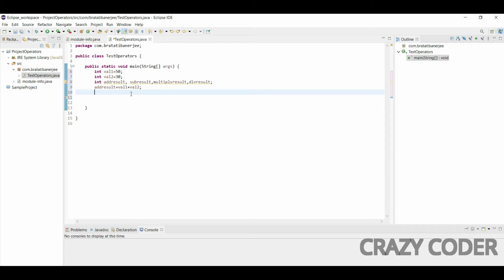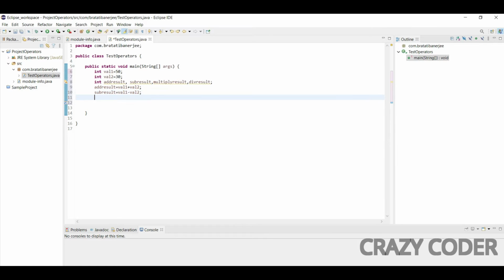So here plus is the arithmetic operator and val1 and val2 are the operands. In a similar way, if we write sub result equals val1 minus val2, we are subtracting the two values, and the minus symbol is the operator and val1 and val2 are the operands.